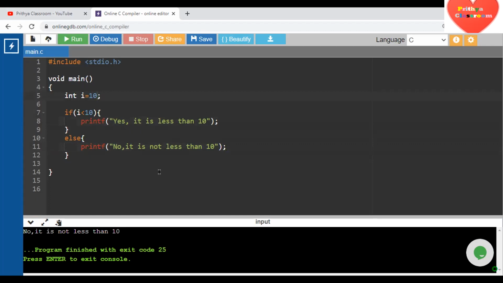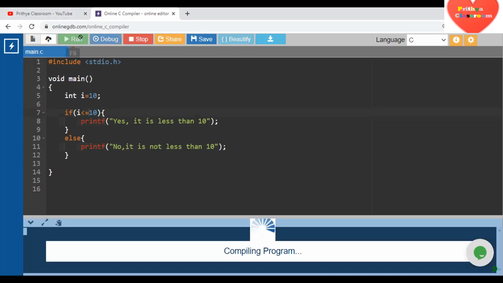But what if it is less than or equal to? I want my computer to enter into this block. So there is a condition to do it. You just want to do like this. So when you want to write less than or equal to, you have to include two symbols, the less than symbol as well as the equal to symbol.